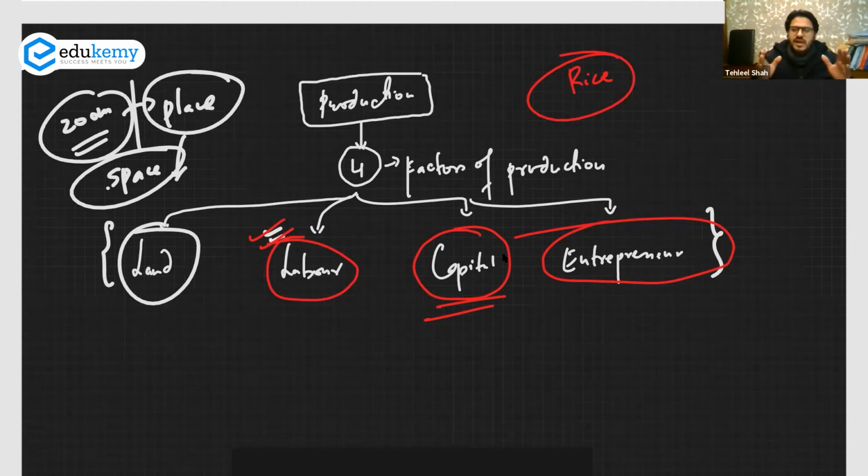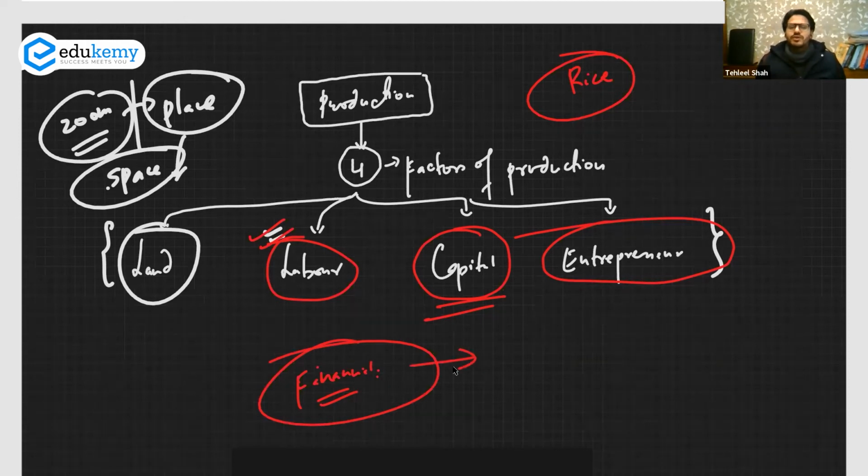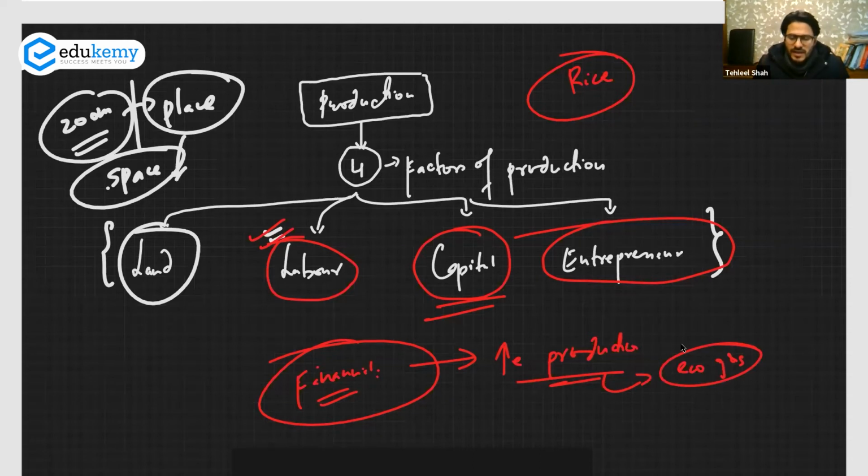Now, these are the 4 factors of production that you require to have any kind of production in the economy. Fine. Now, you have to actually do something in your lives. Say for example, if any of you has any financial problem and you want to earn more in your career, or you want to earn more for the family, you have to feed your family. For that, what you have to do is just increase the production. But the production has to be increased of economic goods and services. Whether you have an economic good or an economic service, just start increasing the production.